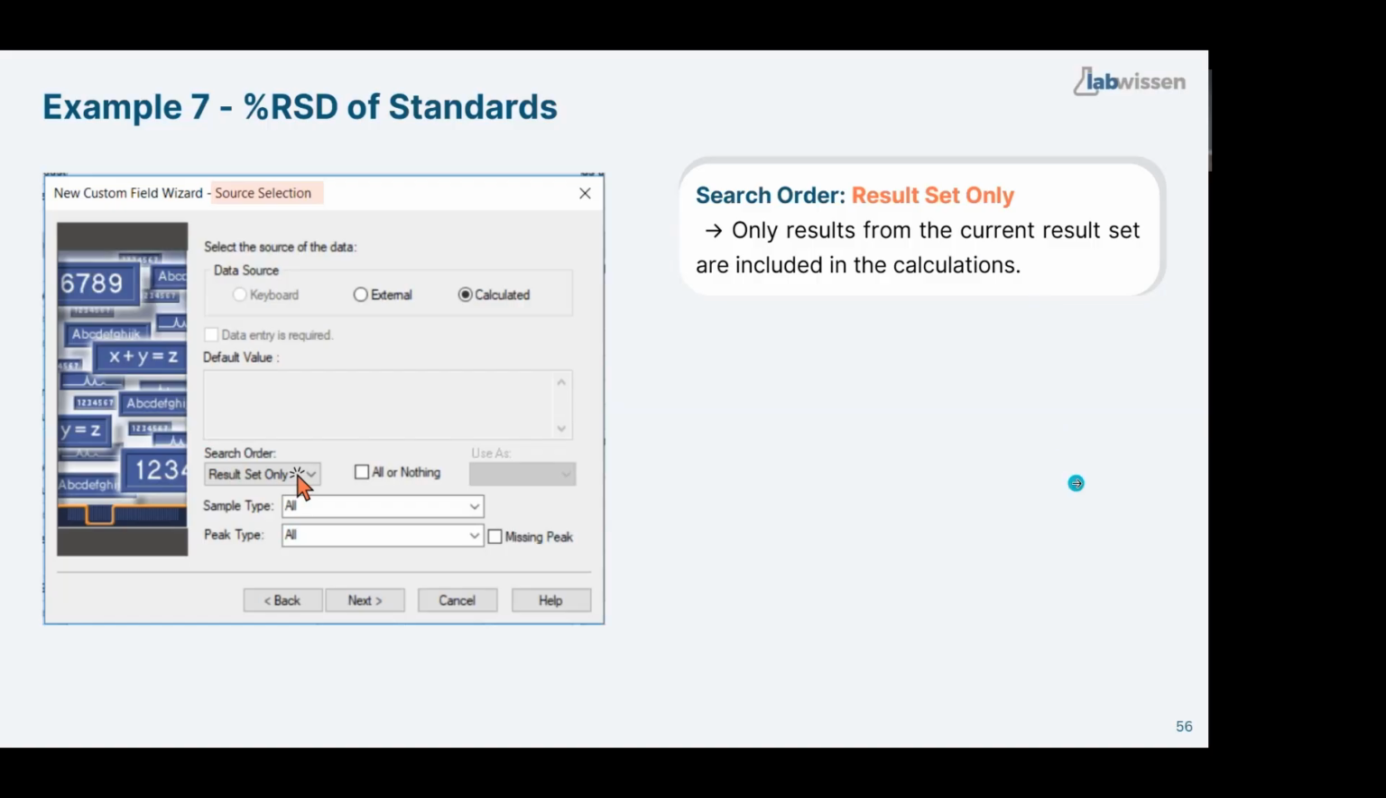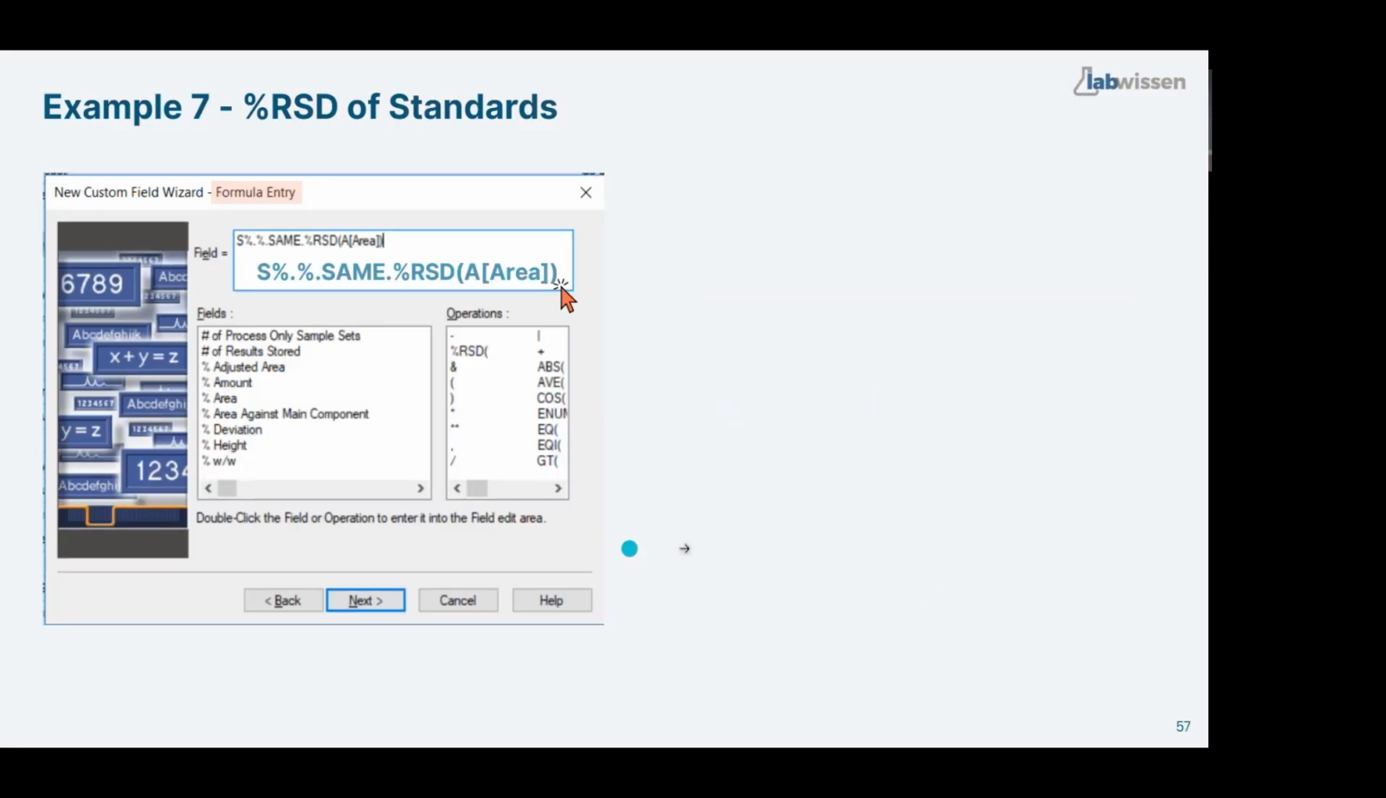What does it mean? The question is, which results does Empower take into the calculations? Normally, you want to calculate within one result set. You don't want Empower to pick out results from your whole project and calculate them together. Maybe sometimes you need to build such complex custom fields, but normally it's always within one result set. That's why result set only. It's a really very common mistake that we forget it, and then Empower takes the results not only from my result set, but also from other results from my project. Sounds crazy, but it can do it. Then we put our formula,